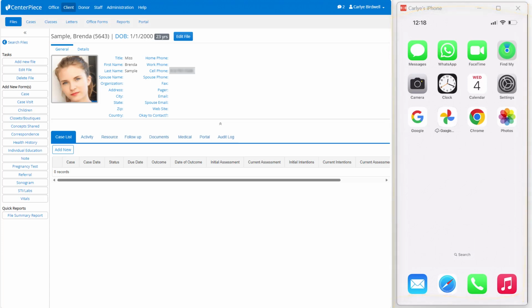To begin, I'm going to start in Centerpiece by initiating a conversation from the center to the client. Then later on, I'll show you how a client can initiate a conversation with your center via the portal. We'll also talk about the different ways that the client can access the portal. So let's go ahead and get started, and I'll demonstrate how to initiate a message from the center to the